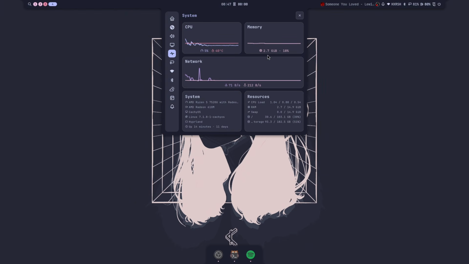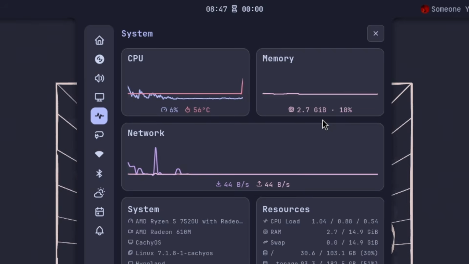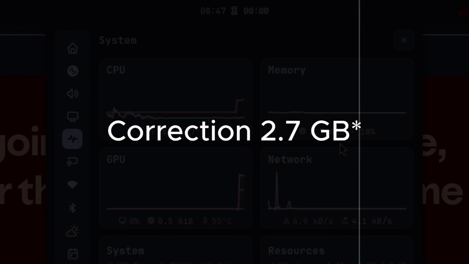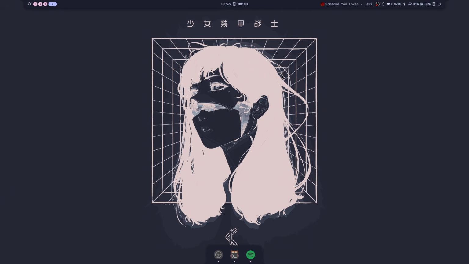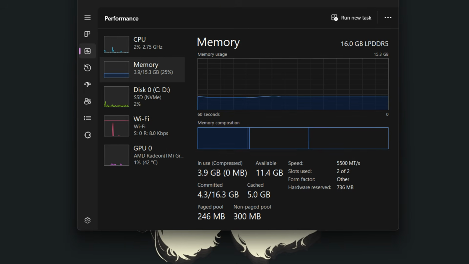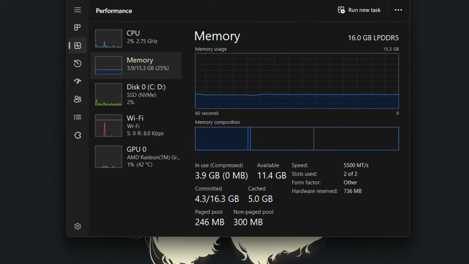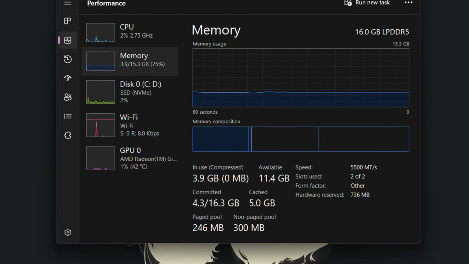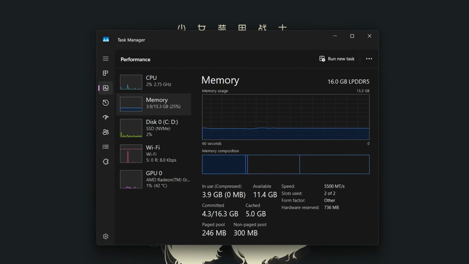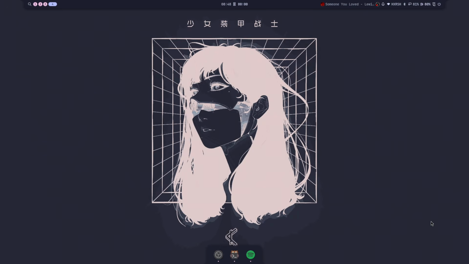And here's something else I really like about this setup. Look at the RAM usage. Right now, I'm running OBS and Spotify, and the whole system is using around 4 gigs of RAM. And when there are no applications open, the desktop itself uses considerably less. For comparison, this is what my heavily debloated Windows installation is using when it's basically sitting idle. Obviously, these numbers will be different depending on the hardware and what you have running in the background, but this is what I'm getting on my system, and that's one of the reasons I care about having a lightweight desktop. I don't want the desktop itself to become another heavy thing running in the background.